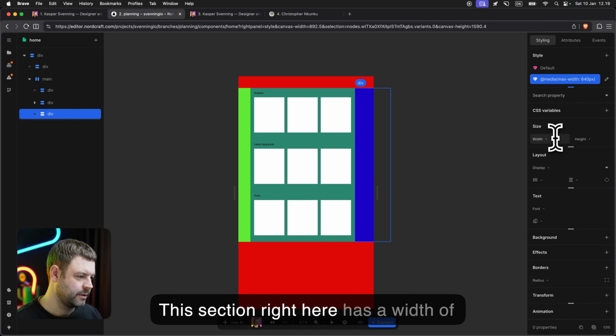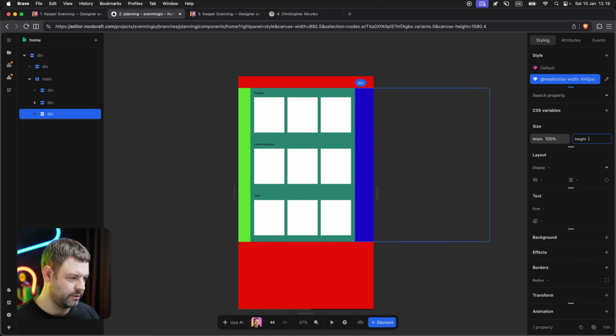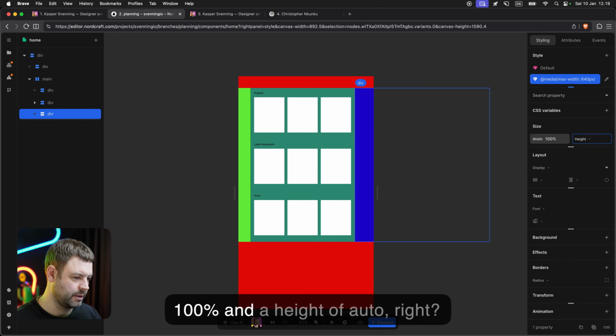This section right here has a width of 100% and a height of auto, right? Why are you not following along? Oh, there we go. Oh, there's no content inside it, that's why. Let's go and add a pretend div and put some pretend height on this one, 100 pixels. Yeah, there we go.